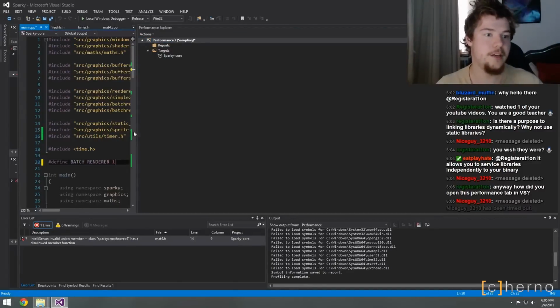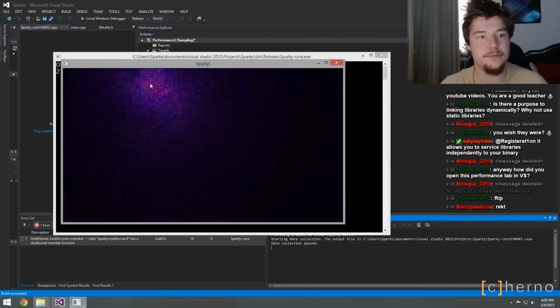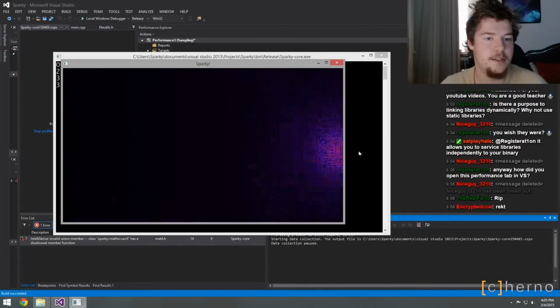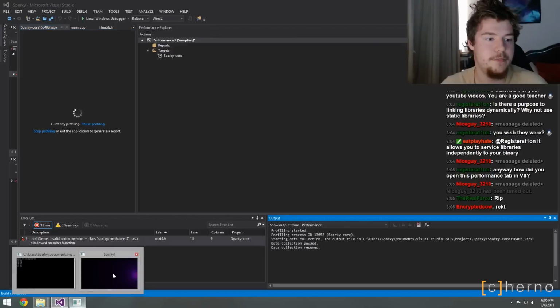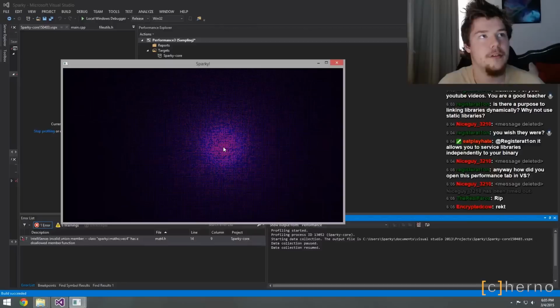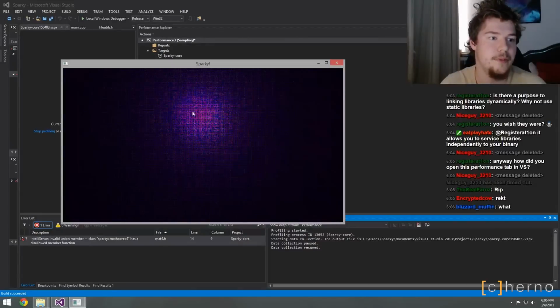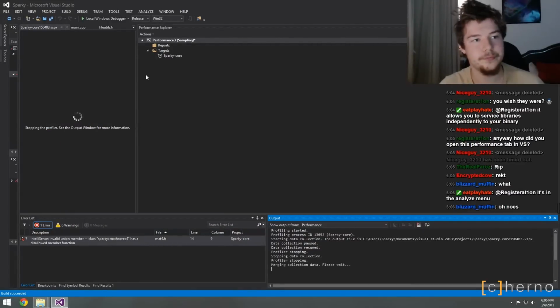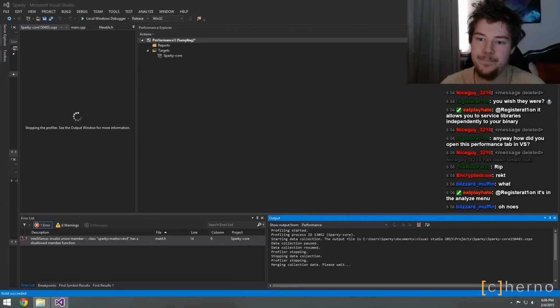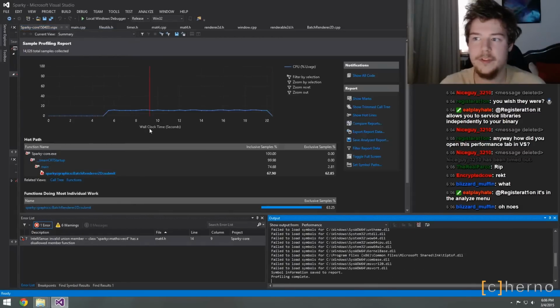So if we go back here and we profile the batch renderer again. Yes, that's looking good. Let's resume profiling. Yep. So we'll gather a bit more data this time. I'll let it run for about 10 to 20 seconds or so to get it the best. Okay, that's good. Let's stop profiling now. Okay, so there's our report done. So if we take a look at this report now,